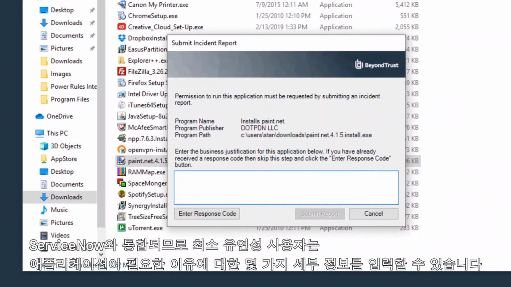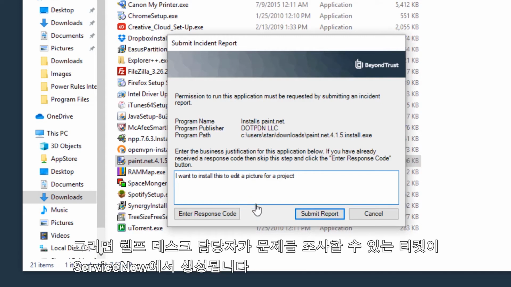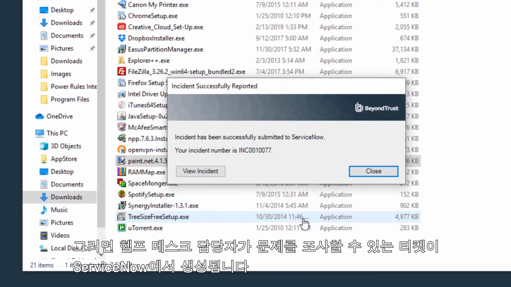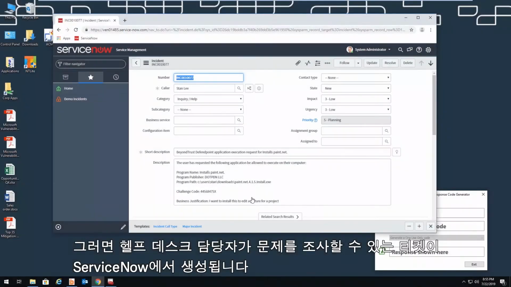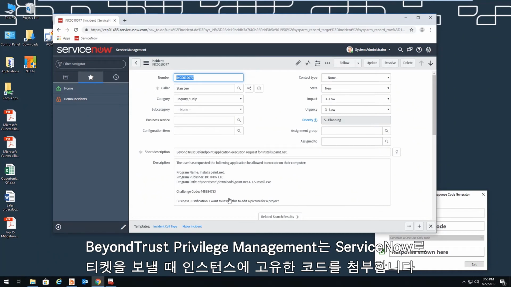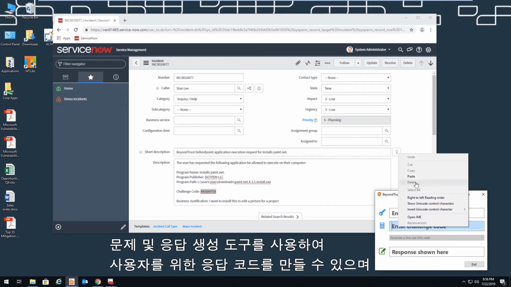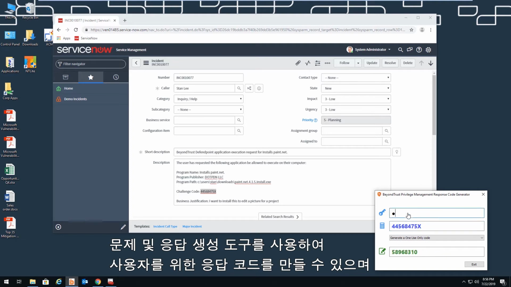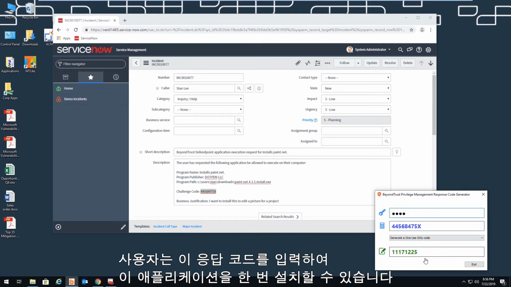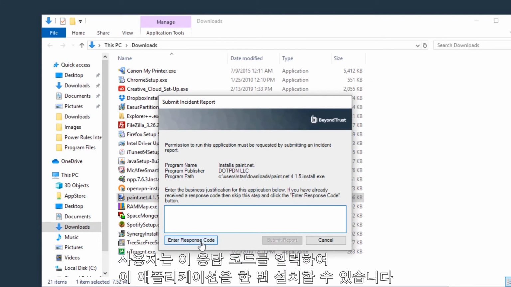Because we integrate with ServiceNow, the low flexibility user can enter some details about why they need the application. This will create a ticket in ServiceNow where the help desk can investigate for a resolution. When BeyondTrust Privilege Management sends a ticket to ServiceNow, it attaches a unique code to the instance. If the help desk decides to allow this application, they can use our challenge and response generation tool to create a response code for the user, and the user can then enter this response code to install that application this